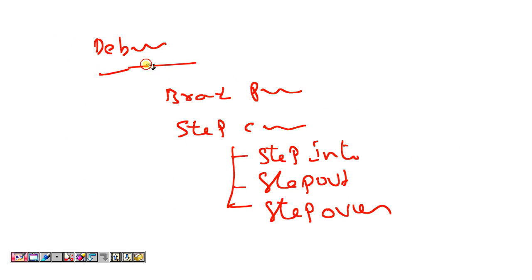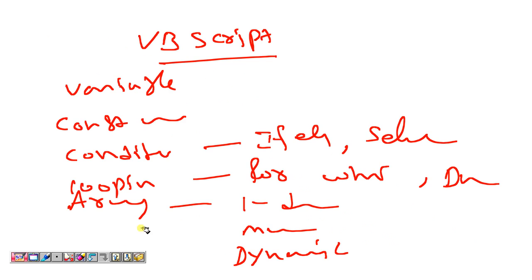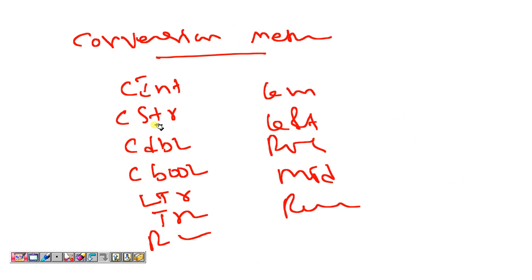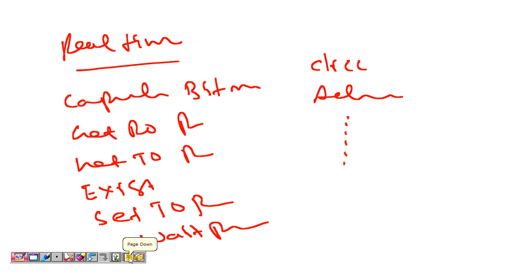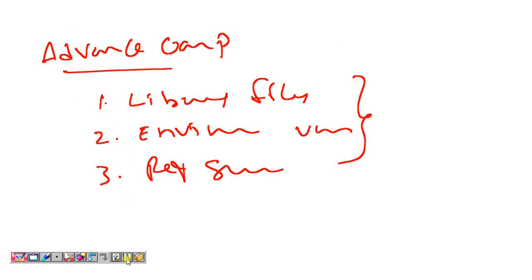Next, debugging the test, with breakpoints and stop commands. Apart from this, test execution: normal execution and batch execution. After that, VBScript, variables, constants, conversion methods, real-time methods and functions, subfunctions and operators, advanced concepts, library files, environment files